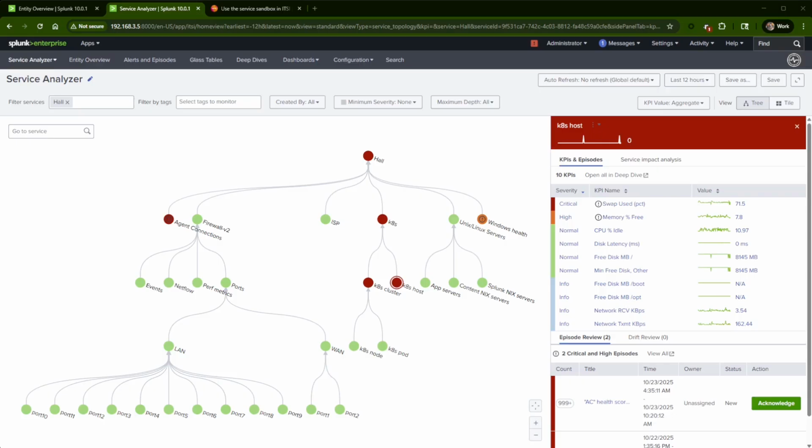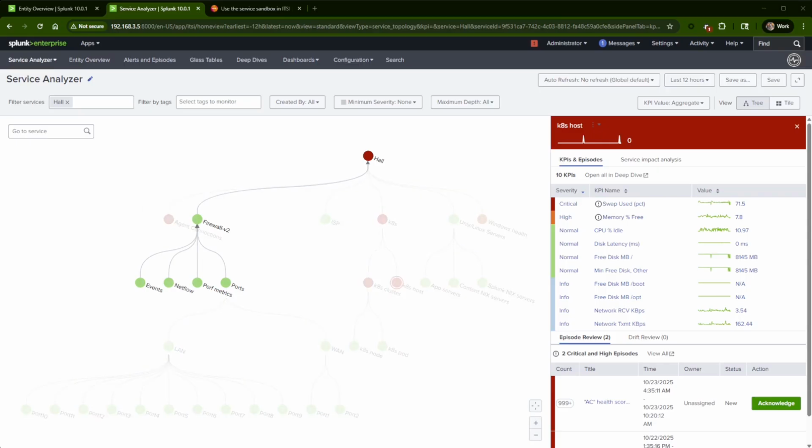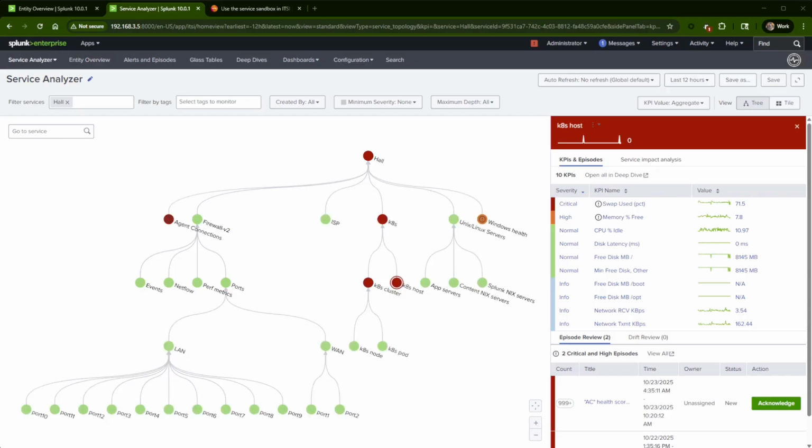And in the last few videos I showed how I've created a new script to bring in the data as metrics to put into a metrics index, which is faster when searching and whatnot. I deleted that service before starting this video because I think I broke the script, or I'm not sure what happened, but it wasn't bringing in any data. So I was like, this is a perfect time to delete it and build the new one that I've been working towards. So I'm going to come up here to configuration and then service monitoring, and then click on